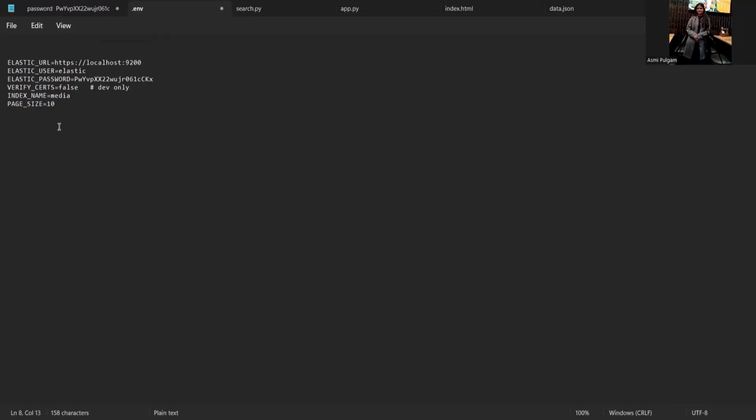If you set the page size to 10, then you will get 10 openings on one page. If you set the page size to 5, then you'll get 5 openings on one page and the others on the next, and so on. So that was about the environment file. And the next is